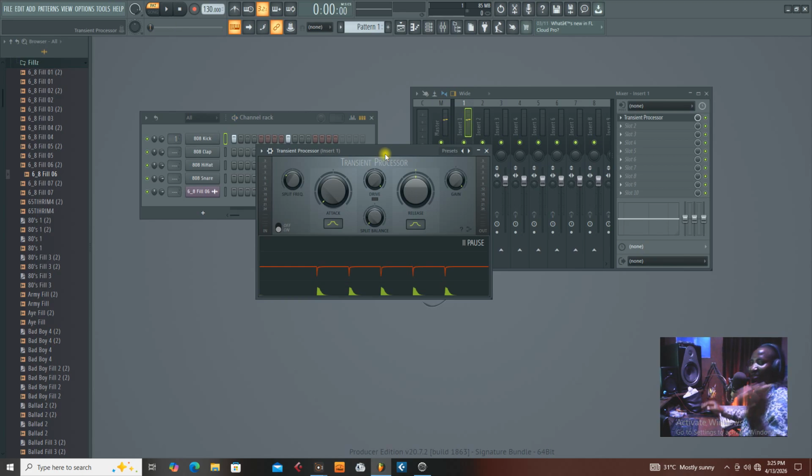So guys, this is basically how to use the transient to increase the body, the density, and to make your kick punchier in FL Studio. So for the purpose of this video, not too long,